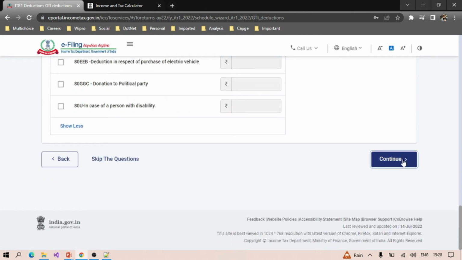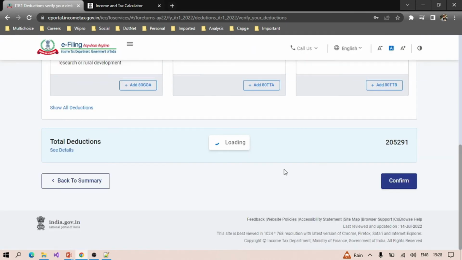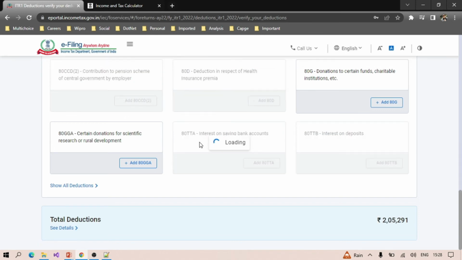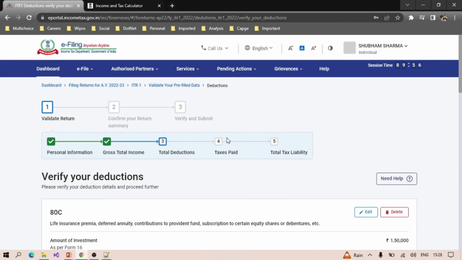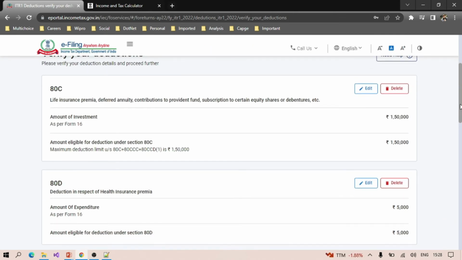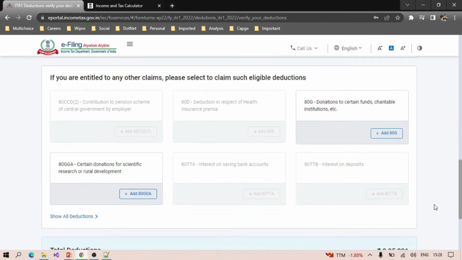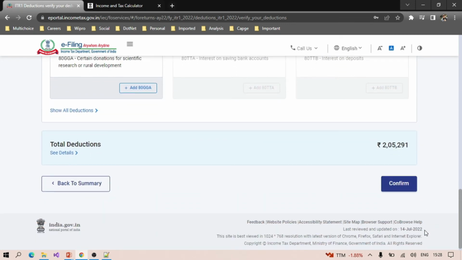But if you continue here, you will be getting those options as well. Okay, so see here, you are getting options 80C, 80D, 80TTA, 80CCD. So if you want to put for any other, you can also put here. Okay,